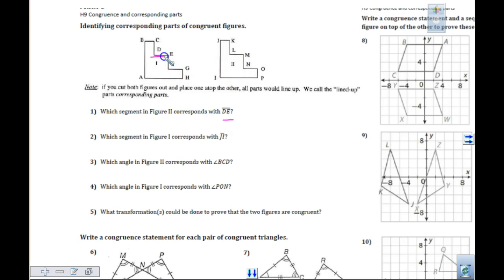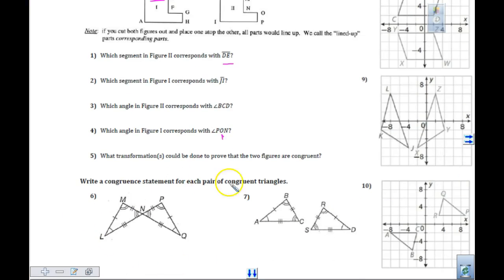So DE, and you're just going to write that and put the segment over the top. And if it asks for an angle, someone said, how do you know angle PON? That's telling you the vertex in the middle, right? Vertex is in the middle. So when you write down here, they give you these markings. Please make sure you kind of check the answers and how they look in the back. Okay? So I have a